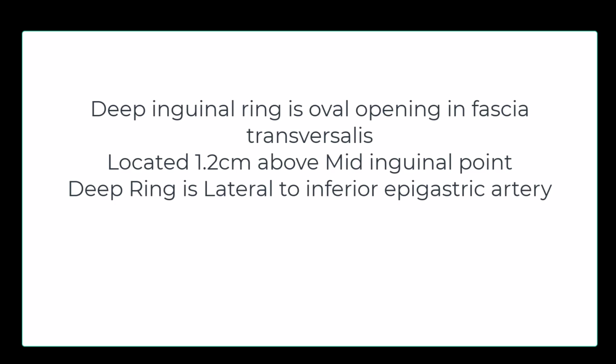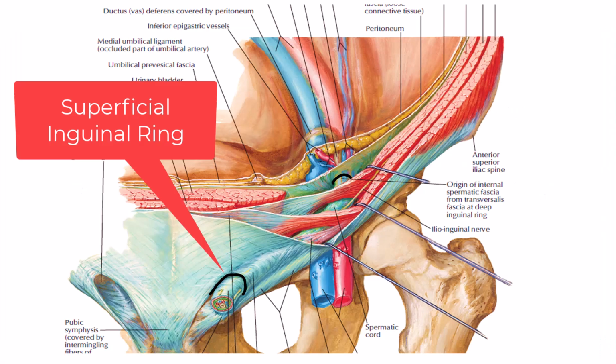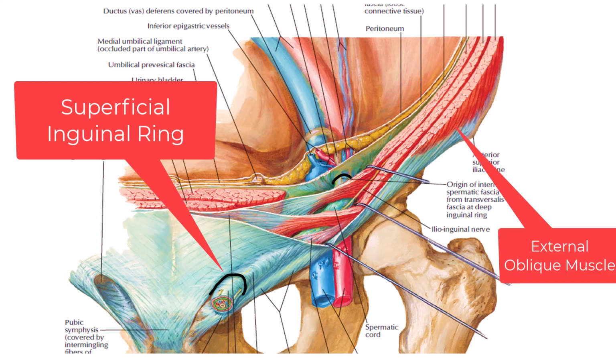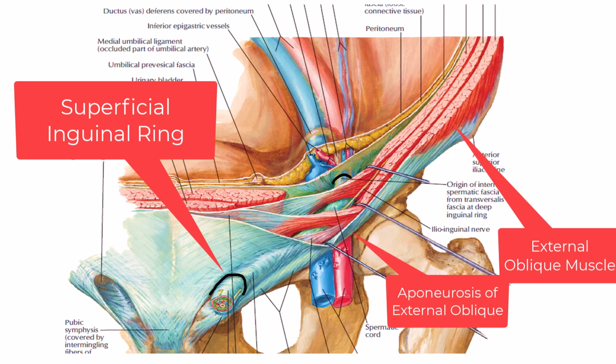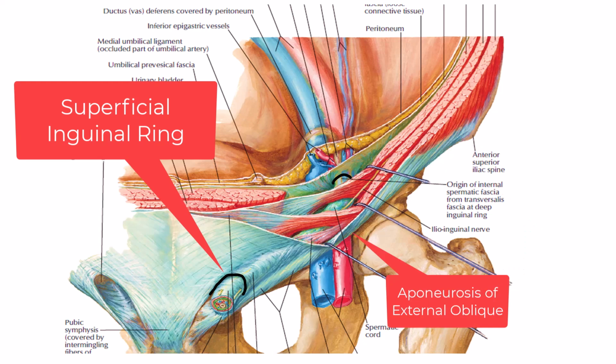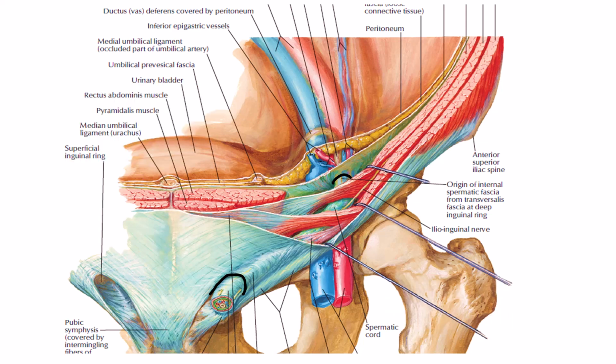Now we are going to cover the superficial inguinal ring. Just as the deep ring was the entry point, the superficial inguinal ring is the exit of this canal. To identify it, look at this image. In this image, this is the external oblique and this one is the external oblique aponeurosis. The superficial inguinal ring is a triangular-shaped gap, not an oval shape. Deep was an oval shape. So it's a triangular or V-shaped gap in the external oblique aponeurosis and its base is located at the pubic crest.